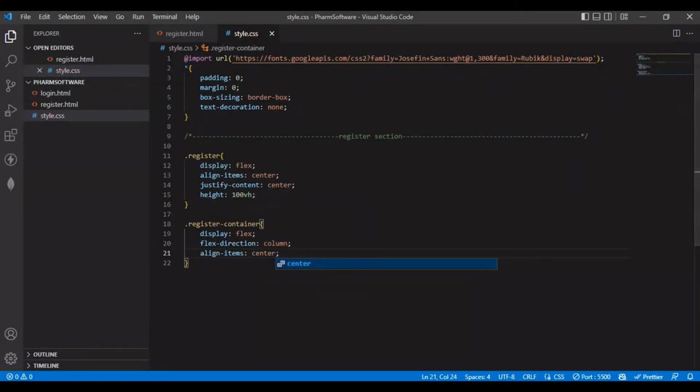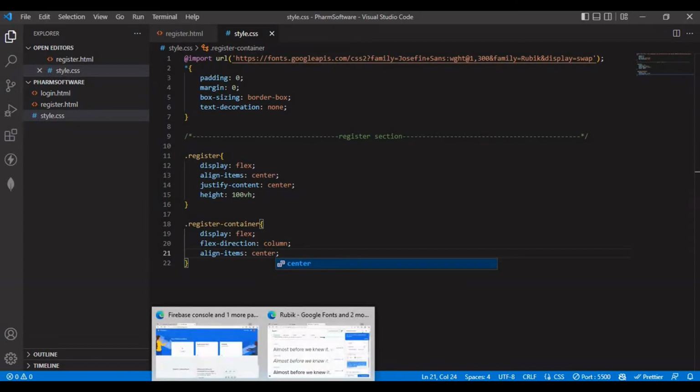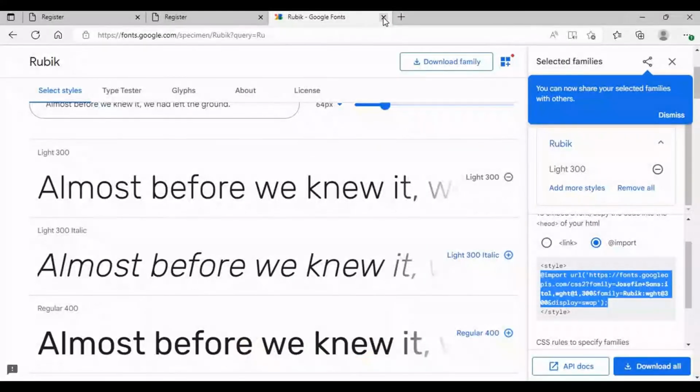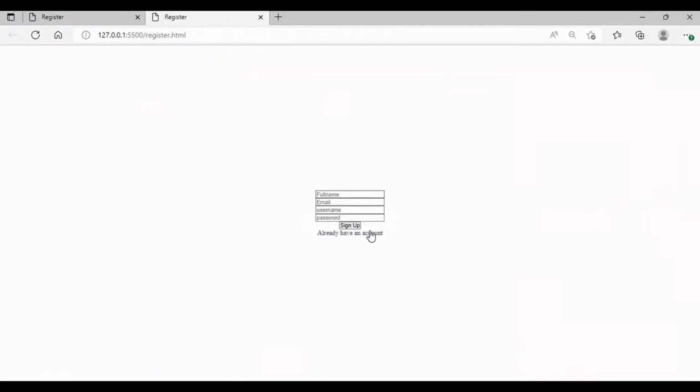So that is it. And let's see how it look like. So let's close this one, and so that is the way it look like actually. So we are on the way. Soon it will look like the way we want it, and that is it. So let's go back again and continue